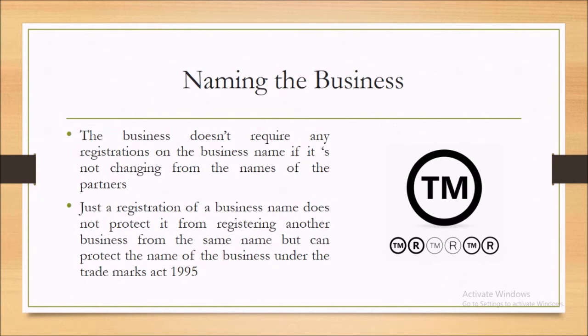So the name of the business contains their names, right? So they don't want to register it as another business name, right? Because they have their names in that. But of course, let's say Thomson and Calculus intends to name their business as, let's say, Mueller and Co, right? Mueller partnerships or Mueller, the legal partners.